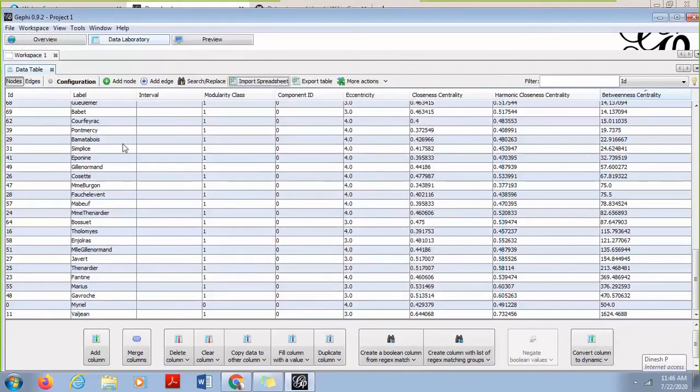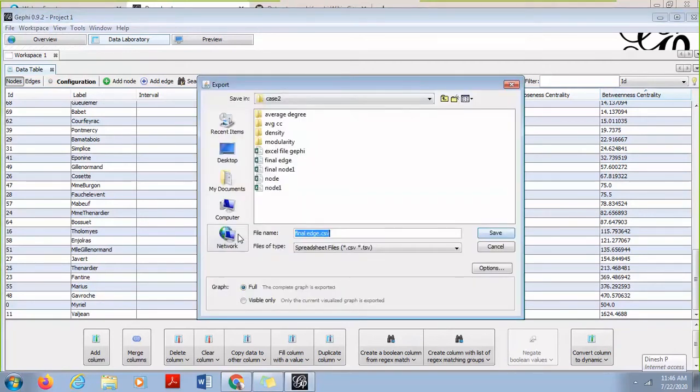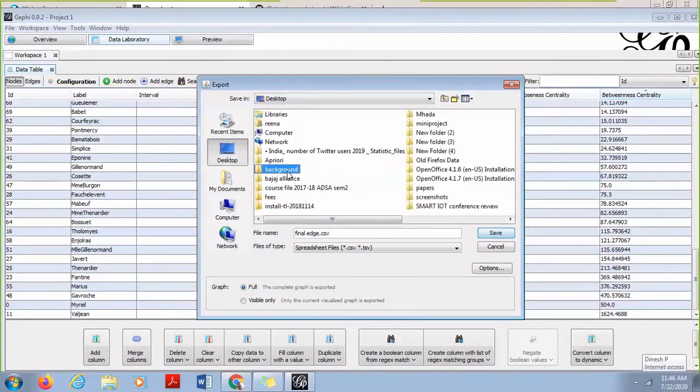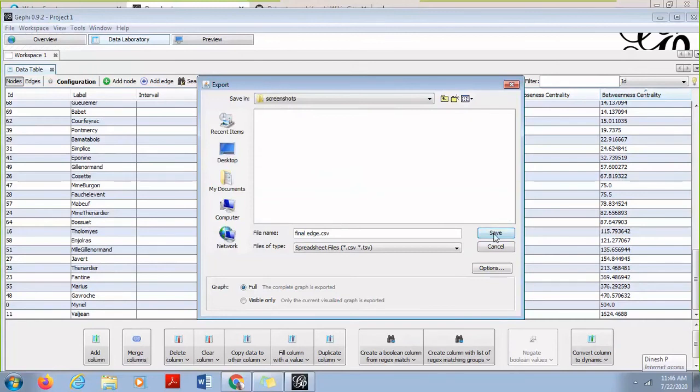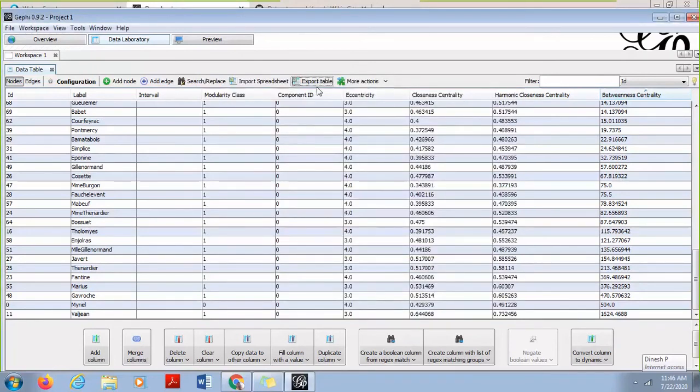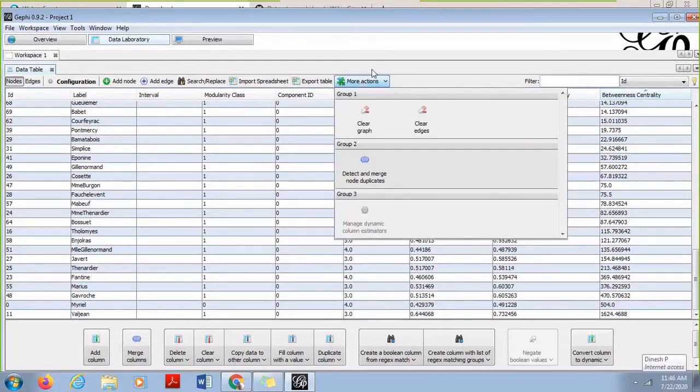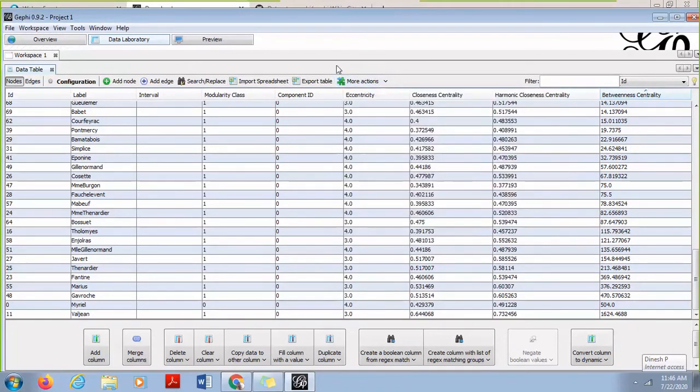Export will export this entire table into the location which I specify. If I specify some location like this, it will export the entire CSV file into that location, and I can go and check the values anytime afterwards. Import allows you to import any file with the specifications you are looking for. So these are the different options also available over here.